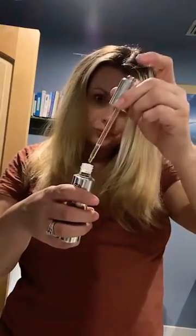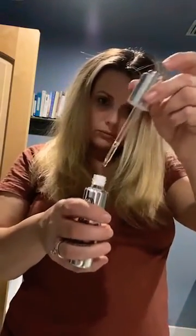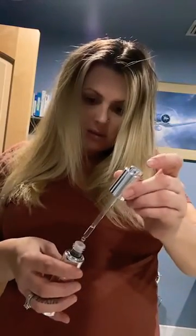So again, not a ton, just trying to get it everywhere. So I'm gonna go on this quadrant, kind of just sectioning how we do as hairstylists, how you're taught to section in four as a basic parting, especially for anything you want to make sure you get all your roots. So there's that. Okay, so 4 to 6 droppers. If you need more, or you think you are super extra jacked up and you just want to make sure it gets everywhere, or particularly large surface area of your head, whichever,